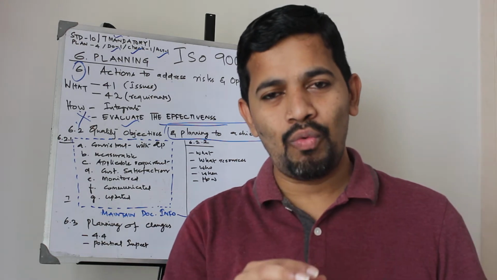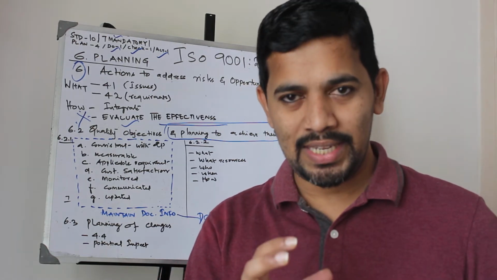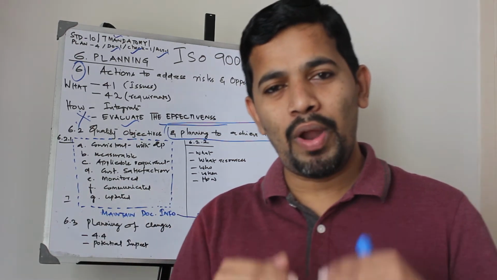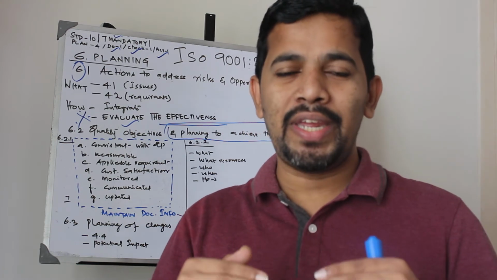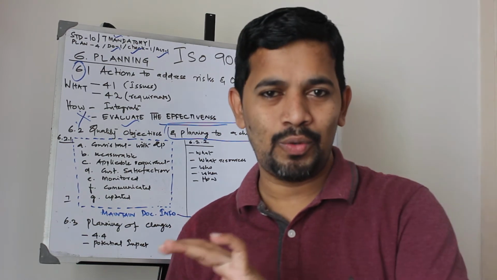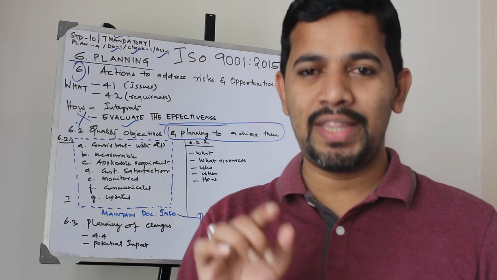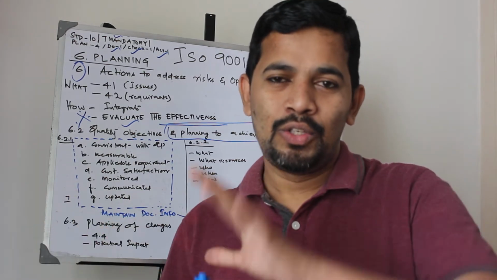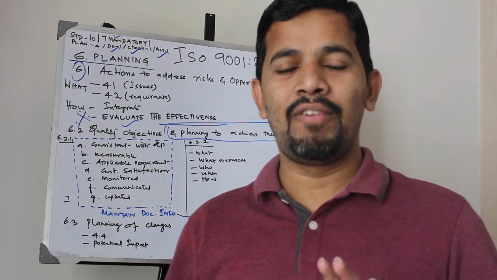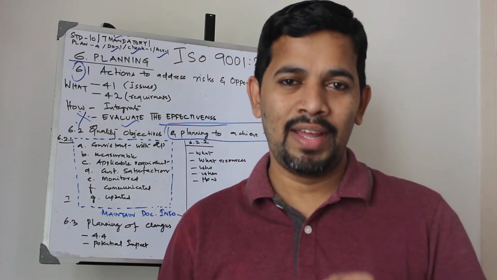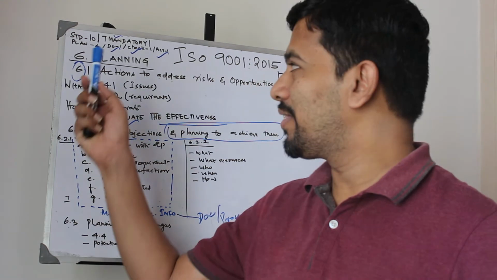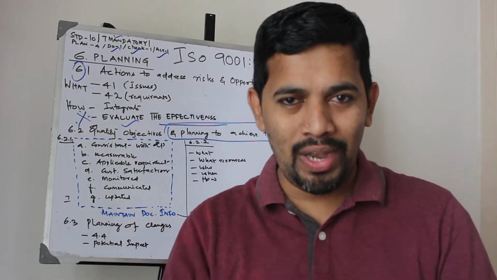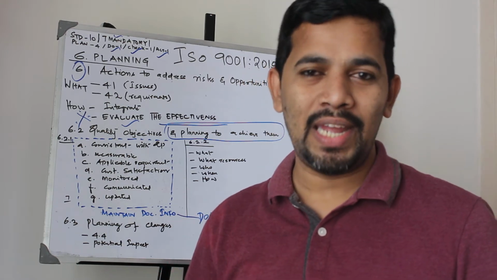And then in 5.2 we saw, very importantly, policy. In policy, establishing the quality policy is 5.2.1, and 5.2.2 is communicating the quality policy. So we saw another 2 things. Then lastly we saw 5.3, the roles, responsibility and authority. So these are all the 3 subclasses we saw in class number 5. And exactly in the same way, class number 6 also offers 3 subclasses, which we are going to dwell on in this video much more elaborately.